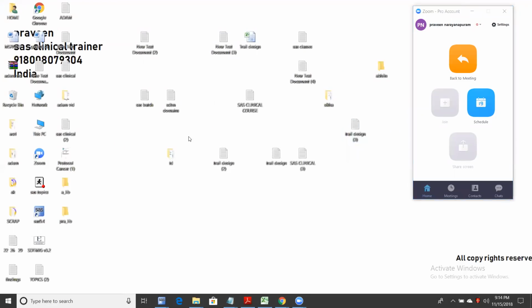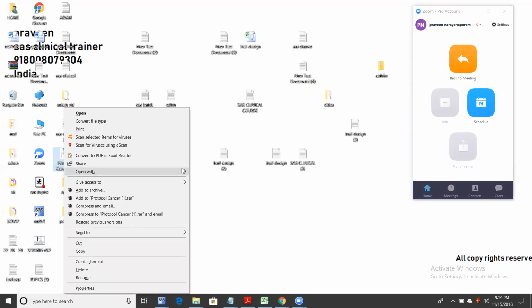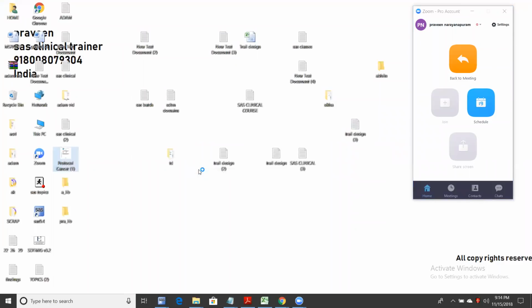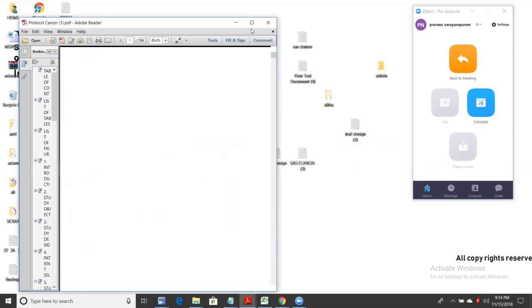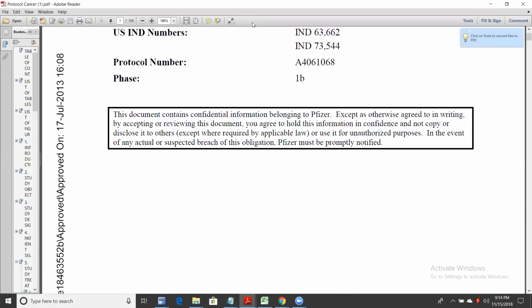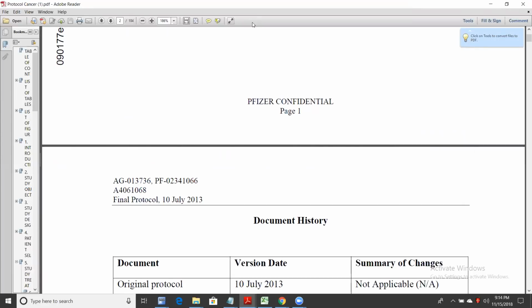So first of all, what is trial designing? Very simple. Generally in clinical research, we are going to have a protocol document. So first of all, what is a protocol document? Let me show you. If I open this protocol document,